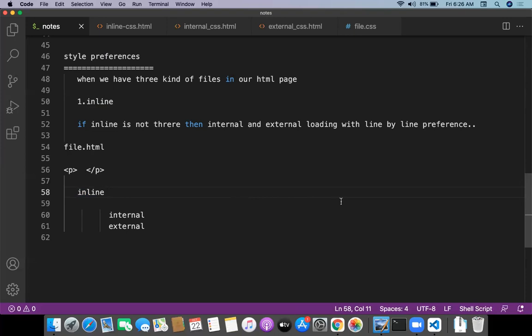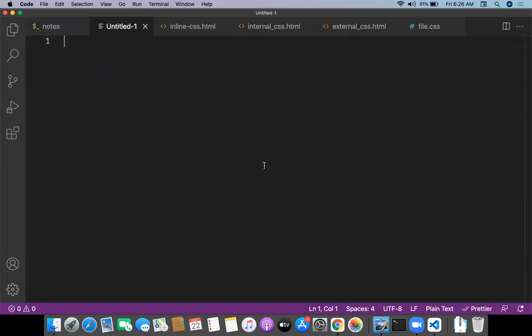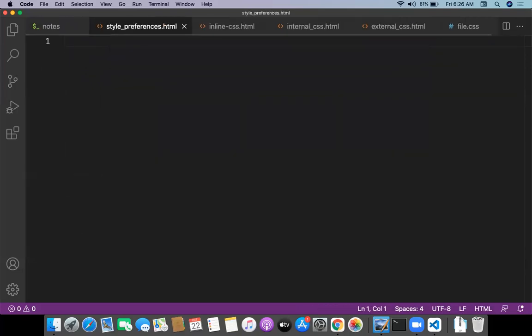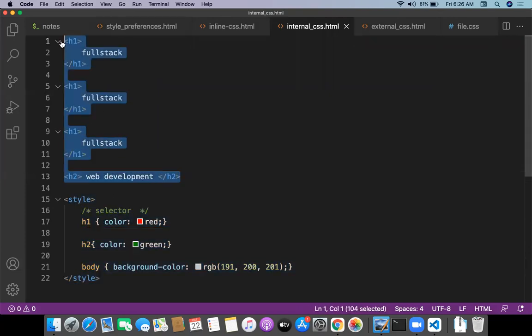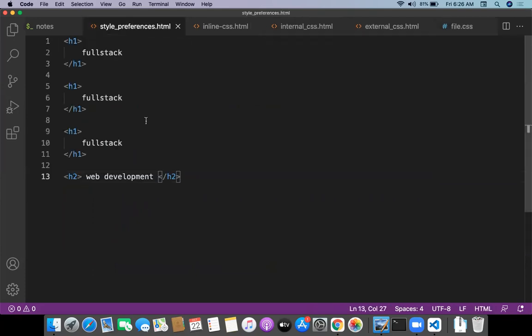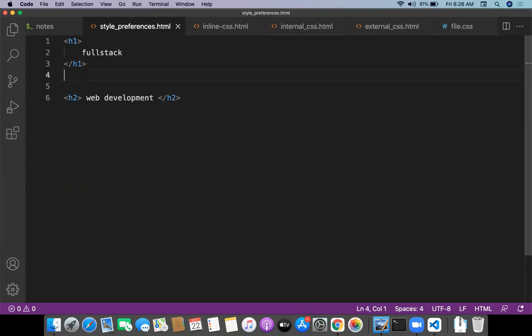Let me show one program on style preferences. New program, style preferences.html. So the same HTML content I'm taking, but that many lines are not required.